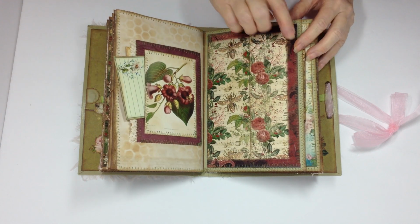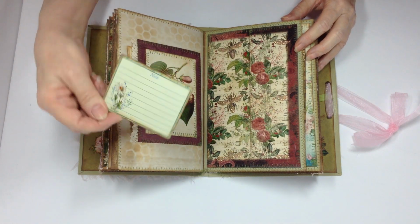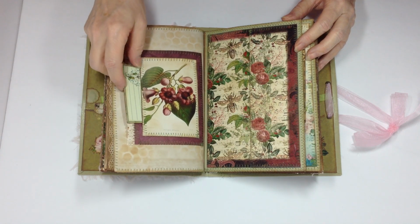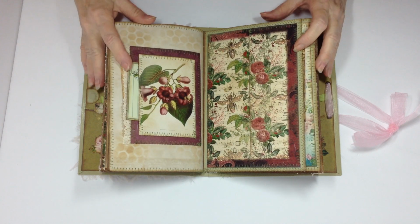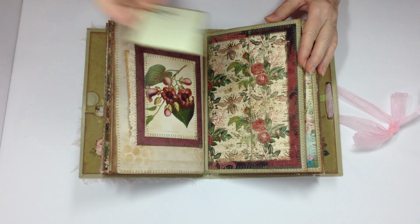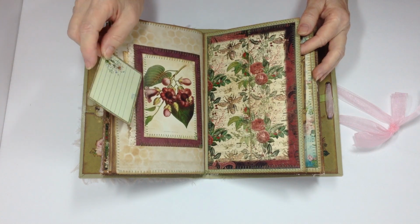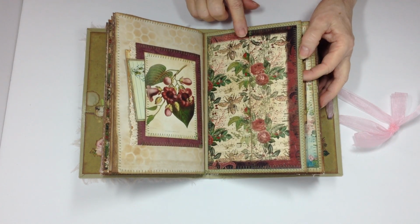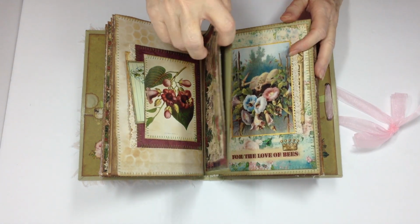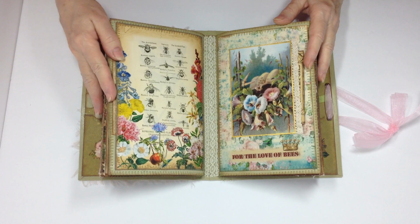Backed it with this paper and the background paper that is like that. And there is another journaling card that says notes that Mary Lou provides. And there again, this is one of the pages that I've cut and made a pocket into. And here's another pocket here that things can be put in and stored, and that's another one of those pages that are provided in the kits, and all the bees have stickles on it. There's a pocket here, and on the other side a pocket here,